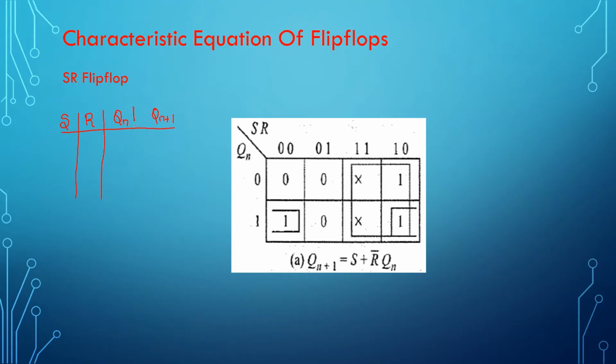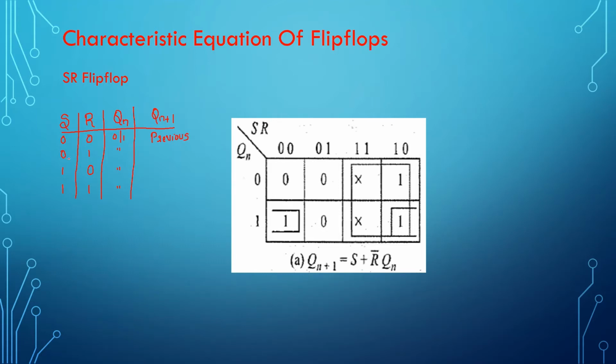So let me finish this truth table. The inputs that can be given here are 0 and 0, 0 and 1, 1 and 0, or 1 and 1. And I'm not going to write what the present data in the flip-flop is. It can be 0 or it can be 1 throughout. I'm not bothered about what present data is stored in the flip-flop. When the input given is 0 and 0, the output is going to exhibit the previous state. Previous state means it is going to show you the data that was stored in the flip-flop previously.